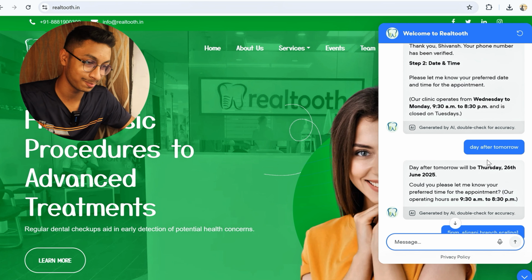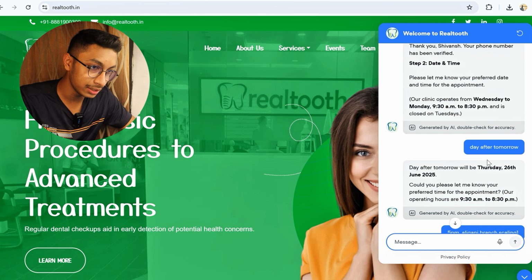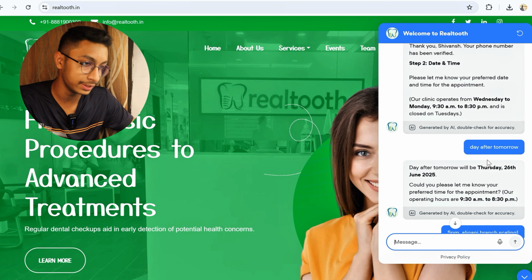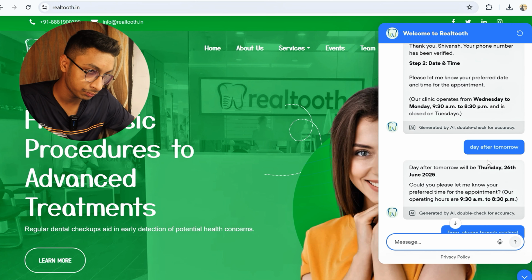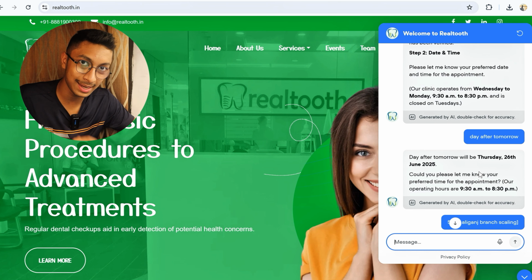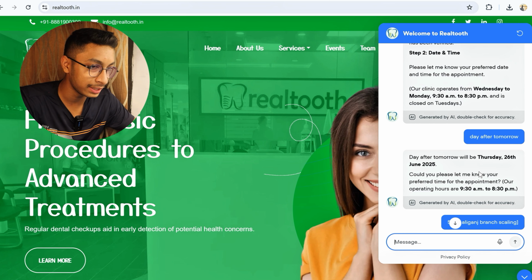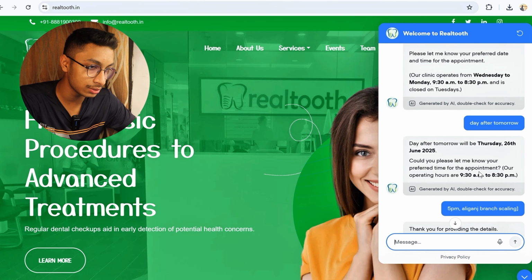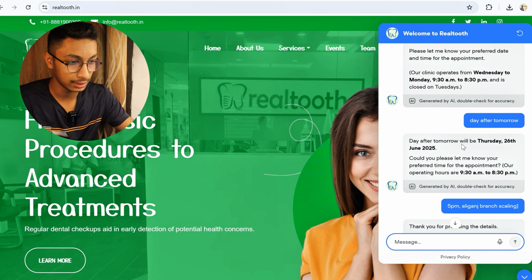It was not very easy. So from day after tomorrow, it automatically guesses the day, Thursday, and the date, and then it asks for the time. I inputted the time, the branch, and the dental service. Because I inputted 3 things in one message, and it was working in steps, it confirmed one thing, and after getting all that information, it confirmed all the details. So these are the 6 details it is confirming, is everything correct? So if I write yes,